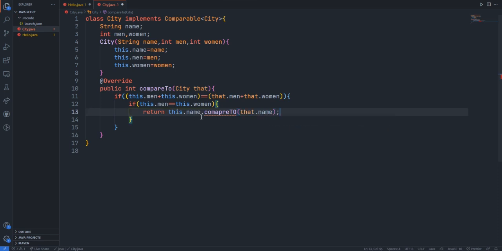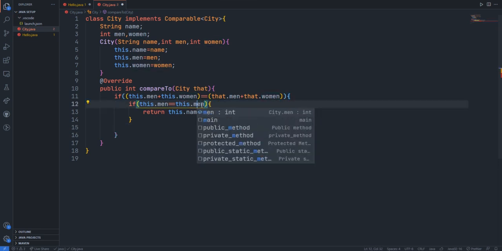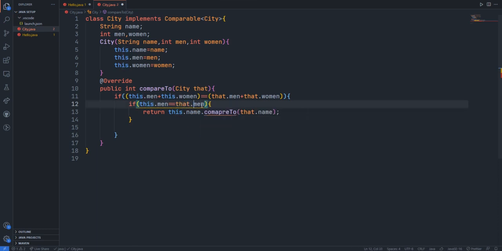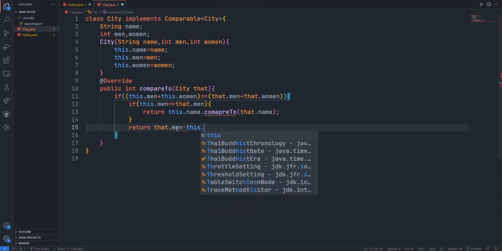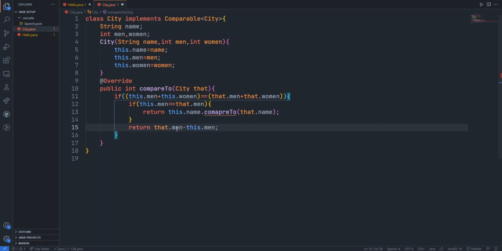It will compare this name with that name and return the value accordingly. If this.men is not equal to that.men, then we can return whichever has the greater value: return that.men minus this.men. We need descending order, so the higher value comes first.